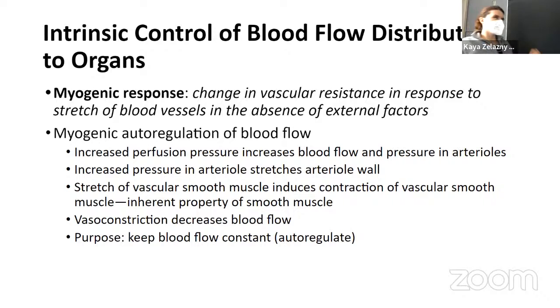Okay. We do have one other type of intrinsic control of the blood flow to the organ that we want to think about. This one has to do with basically a physical response. So we call it the myogenic response. I want to say it's almost like a reflex, right? Like with the hammer and the knee. What's happening in the myogenic response is that when you stretch the blood vessel out, because of increased blood flow or increased blood pressure moving through it,